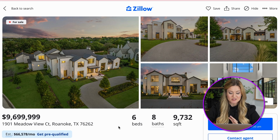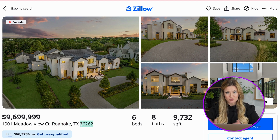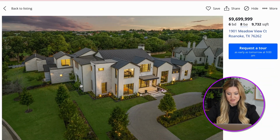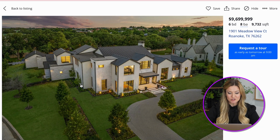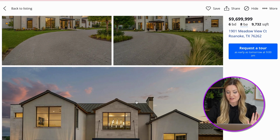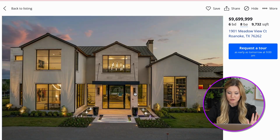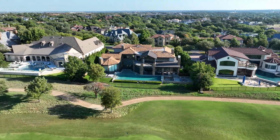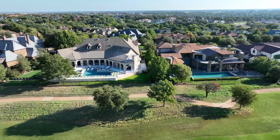So zooming in on this house, I know it says the address is Roanoke. It's really Westlake, but this zip code runs through the Roanoke post office, which is why it says Roanoke, but it is actually Westlake. So again, you can get a new construction home. This is one of my favorite communities, Quail Hollow, gated and guarded. You also have access to the Vaquero Country Club, which is across the street with the neighborhood of Vaquero,